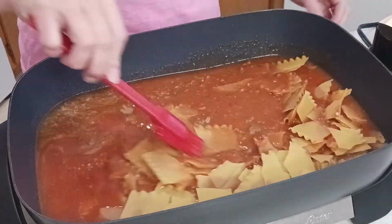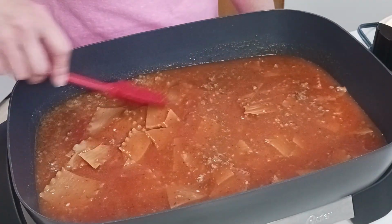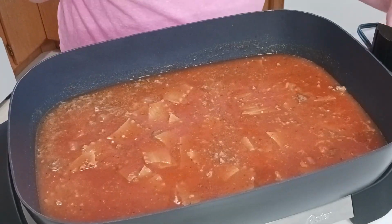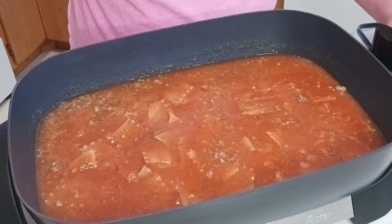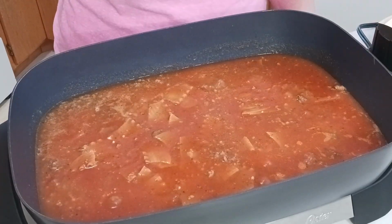Stir it. Just make sure all the pasta is covered in liquid. Then we're going to cover this and cook it on a medium low. So we're going to turn the heat down. I'm going to go down to 300. Then we're going to cover this and cook 10 to 15